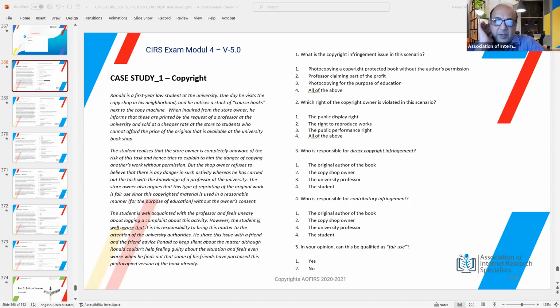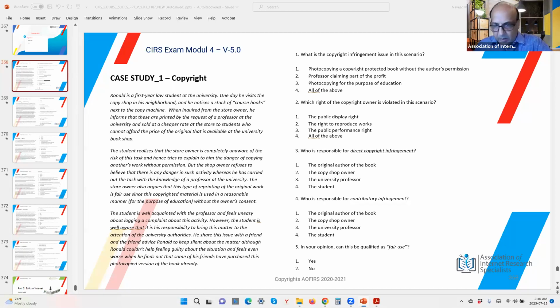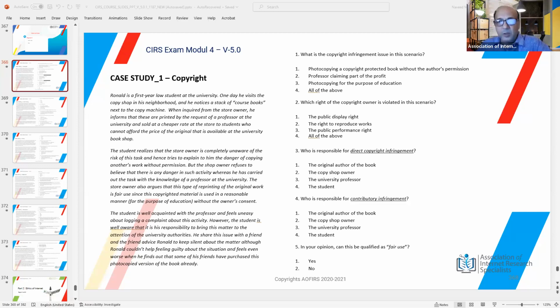And then if you look at the definition, it says the contributory infringement is on someone who is well aware of it or aware of the infringement. And here the student is the only one who is aware of it. So that's why I'm wondering what could be the best answer. Only the examiner would know. So I'm just letting you be aware of where there could be a confusion,